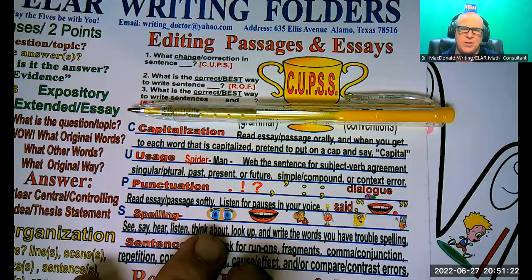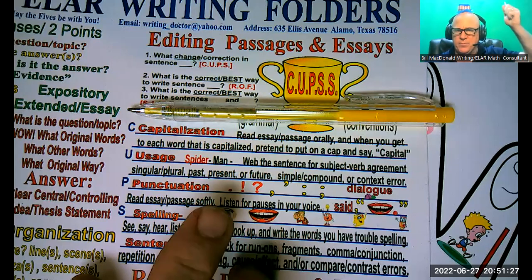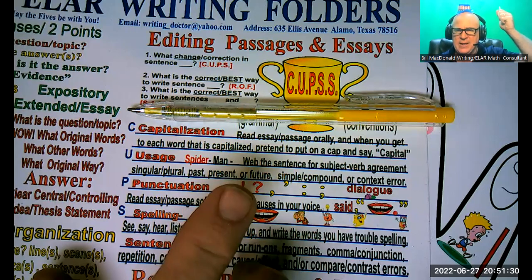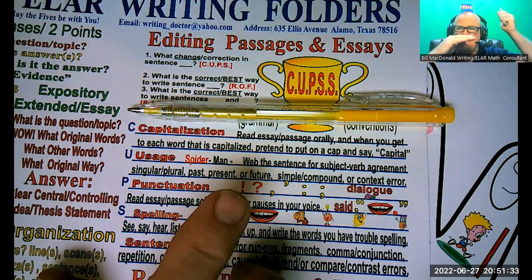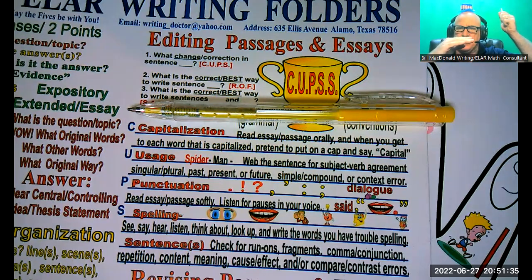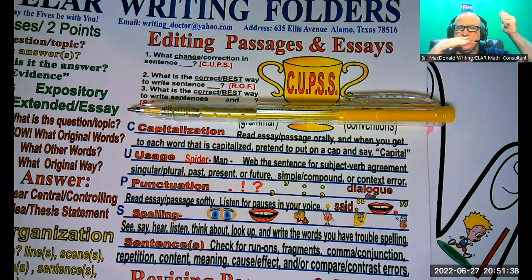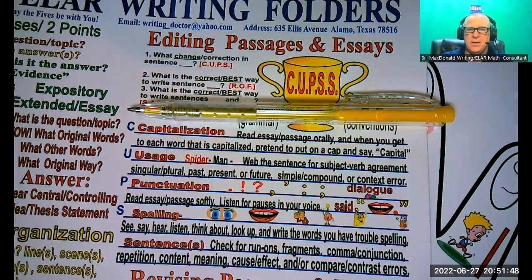And when you get to each word that has a capital, pretend to put on a cap, which I already have on, and say capital, proper noun, and first words, and titles, underline. One of the editing rules is to underline the capital letters 3 times, which is kind of cool because we want to do that for all proper nouns.